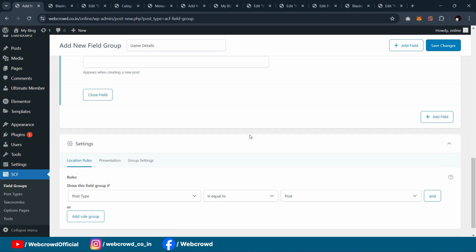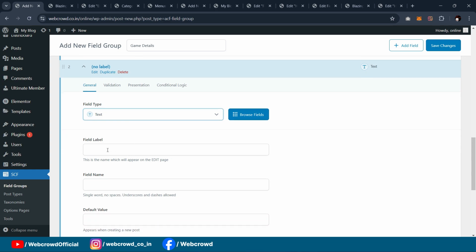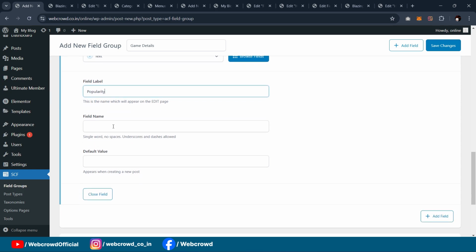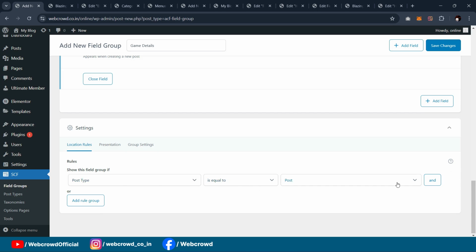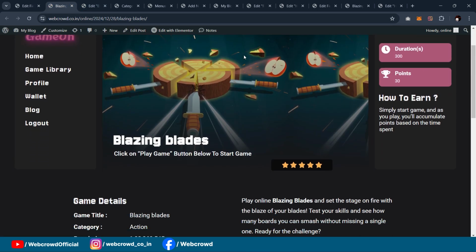Okay, in the second one it is also the text. This is equal to post type, and click on save changes. Okay,